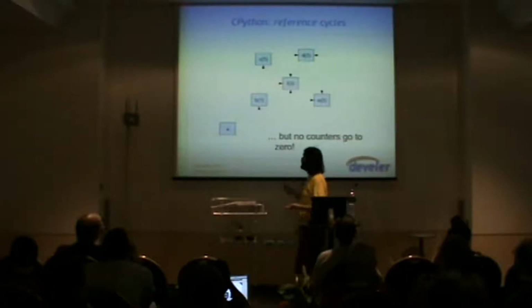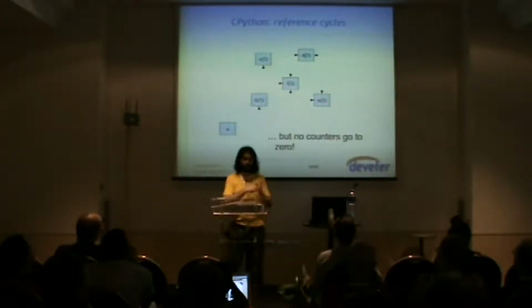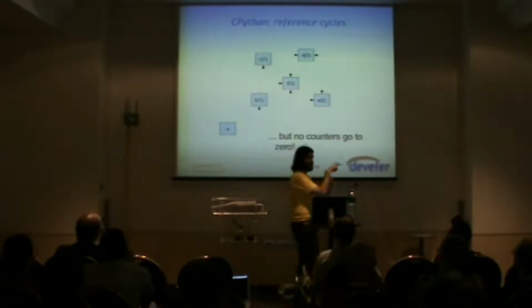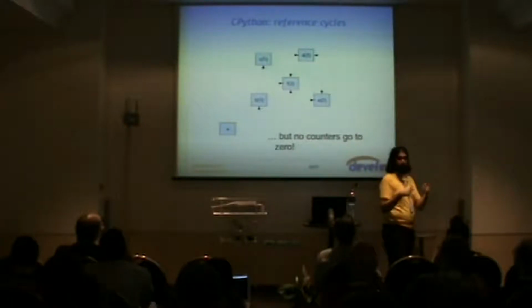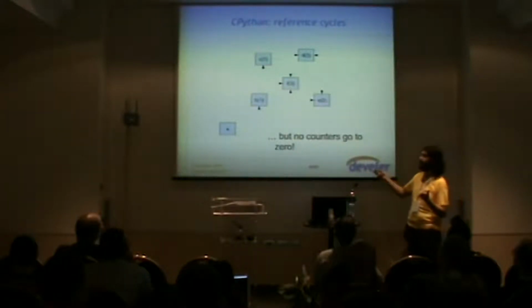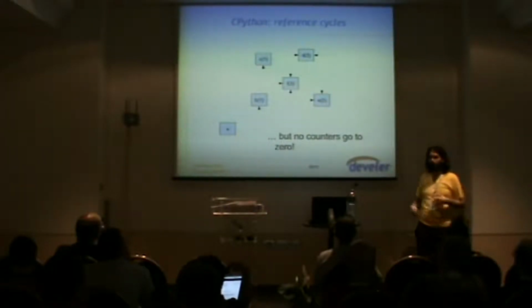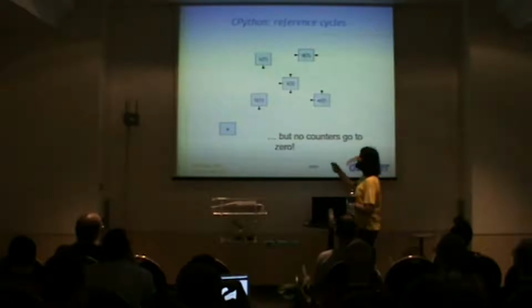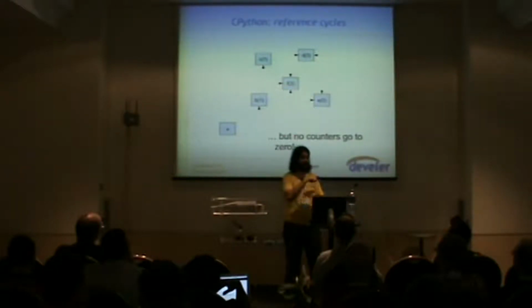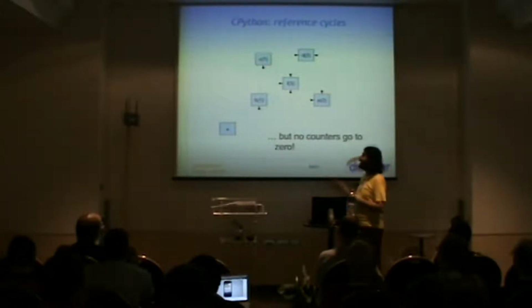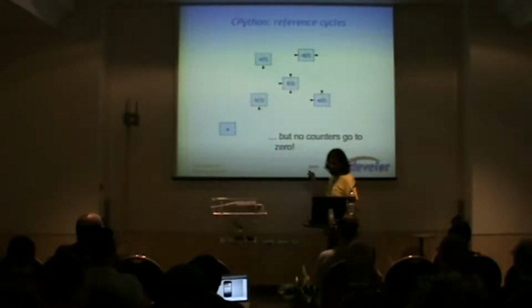But what happens is just that B goes to 1, and then all those webs of references make it so no objects have a 0 reference, because they all reference each other in a circle, you see? So even if you drop your last reference to all this and say, okay, I'm done with it, go away, they still stay alive, because there is a reference cycle, okay? So the reference counting mechanism failed in this example.